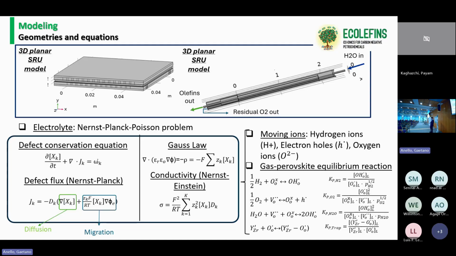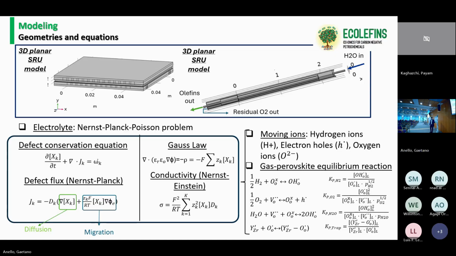The boundary conditions consist just in the voltage definition and the concentration of the ions at the boundaries through the gas and perovskite equilibrium. We can also consider a transient behavior, but for now we just consider equilibrium for simplicity. And then we can assess how much of each single ion is flowing through the electrolyte and assess the